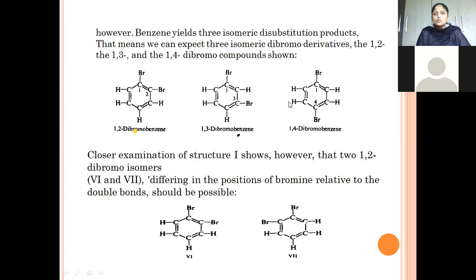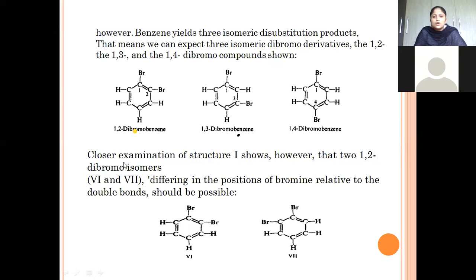That means we can expect 3 isomeric dibromo derivatives, that is either 1,2-dibromo or 1,3-dibromo or 1,4-dibromo. In special conditions only, benzene undergoes what type of substitution? Di-substitution. So 1,2, 1,3 and